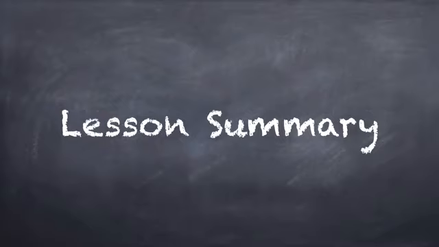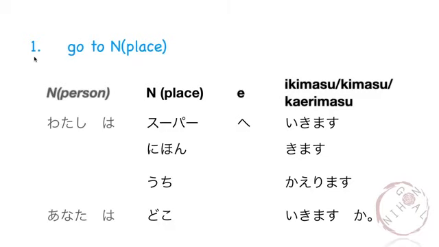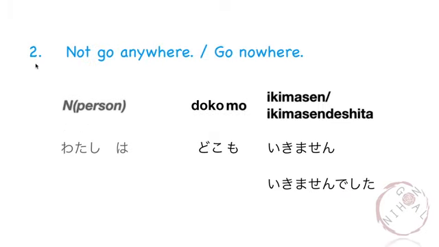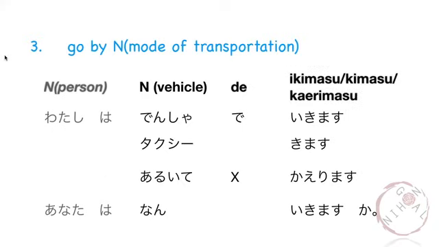Now let's go over the lesson one more time. So the first one, we've learned how to say go to a place. So, for example, watashi wa, or you can drop the subject and just say, Supa e ikimasu, Nihon e kimasu, uchi e kaerimasu. And you can also ask the question, anata wa, or doko e kimasu ka? Next, we've learned how to say not go anywhere or go nowhere by adding mo after doko. Doko mo. For example, watashi wa doko mo ikimasen, or どこも行きませんでした。